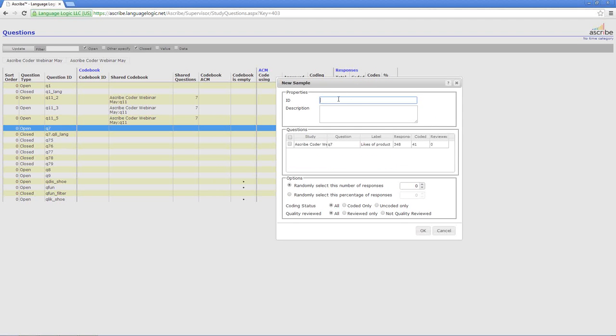Again, samples should have an ID, an identifier. How are you going to know what this sample is? So I might just say this is my Q7 quality check, or whatever. Or you could just say Q7 QC, and put your name in it, whatever. You can give your sample a description. Laura's webinar